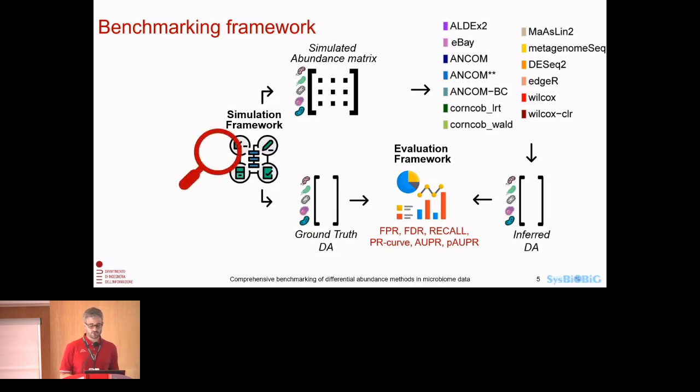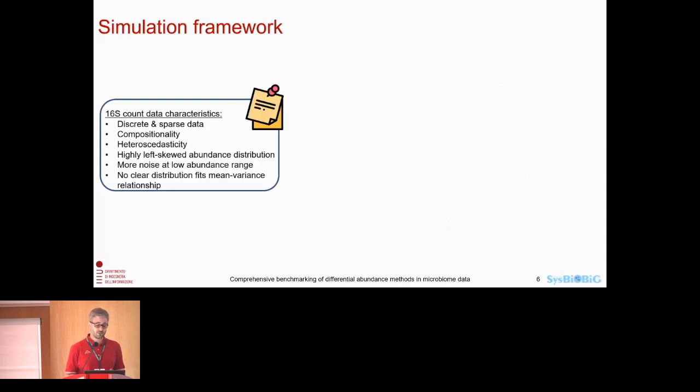What about the simulation framework, roughly speaking? How do we obtain the simulated abundance matrices and the ground truth taxa in a realistic way? Because if data are realistic, then your results are useful. Otherwise, you're generating garbage. So if you're familiar with the problem of simulating or even analyzing 16S count data, you